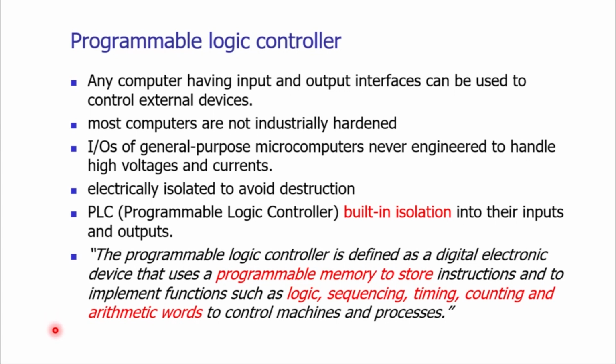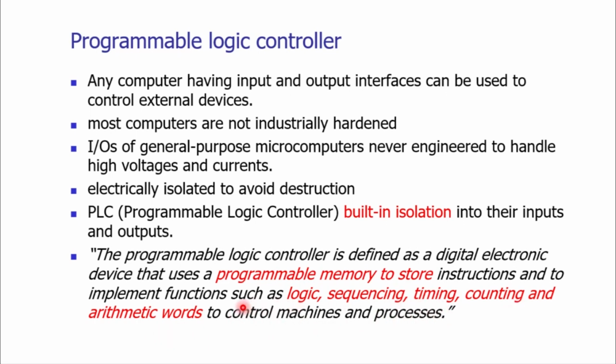A typical definition of the PLC can be seen on your screen. It is a digital electronic device. It uses programmable memory to store the instructions and to implement functions such as logic, sequencing, timing, counting, and arithmetic to control